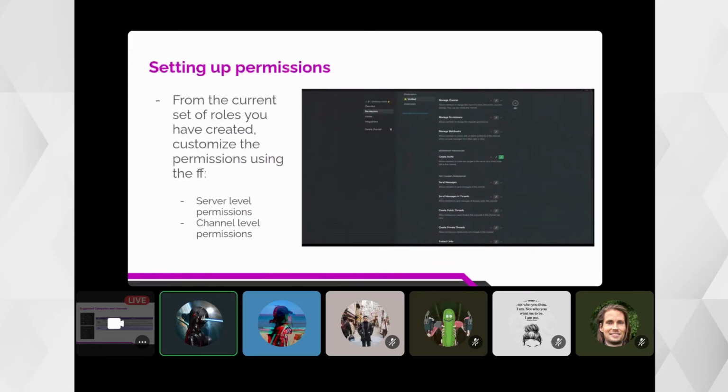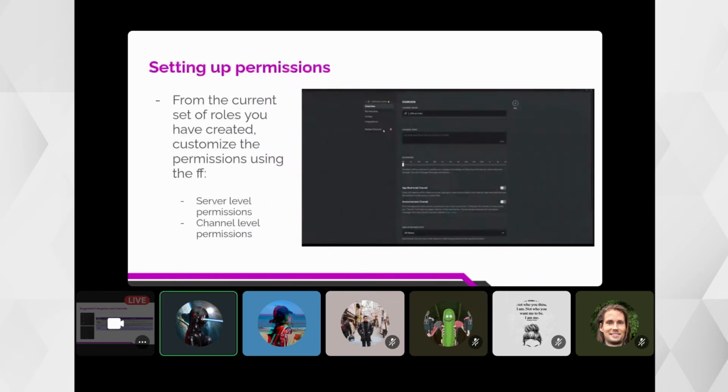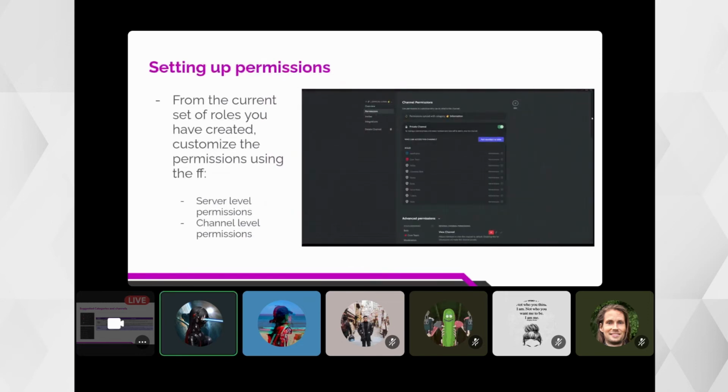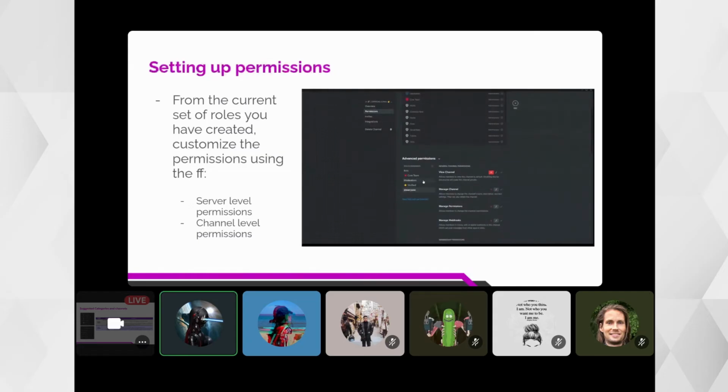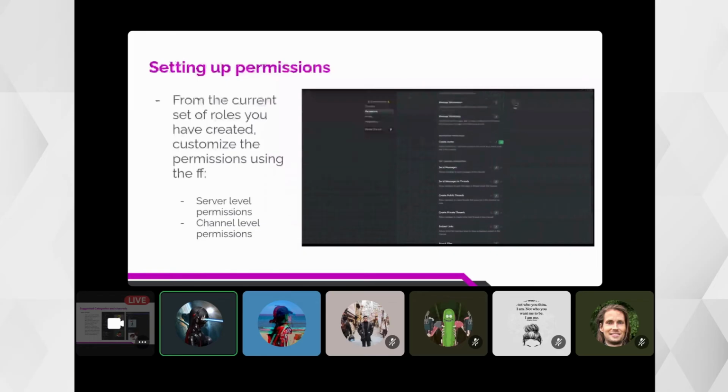Server level permissions, wherein each role has a general permission for the whole server. And then channel level permissions, wherein you disable some of these server level permissions on different channels. It's like a specific permission for a channel, not a server-wide permission.